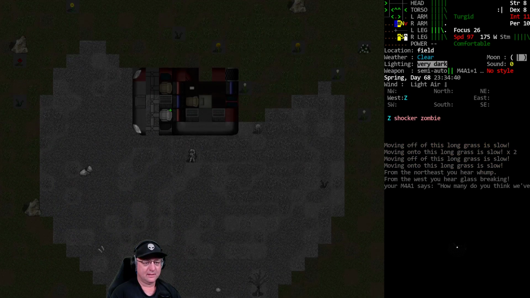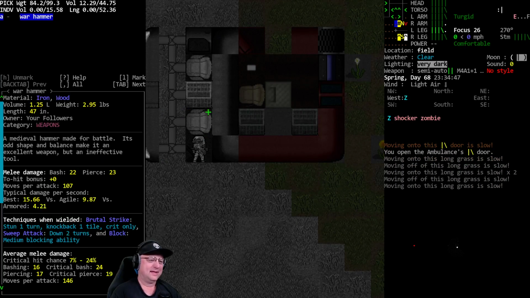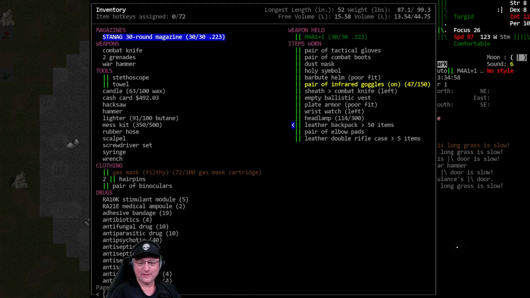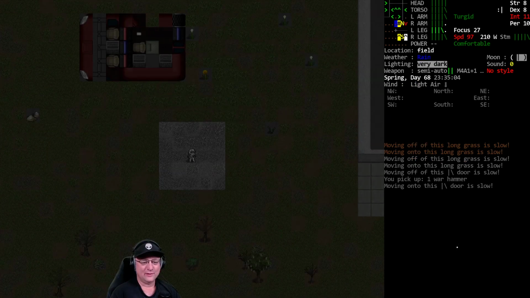Alright, are you in there? Oh, look at that! There's a plus sign on the seat. Okay. Oh, I can actually store that thing? Where did that thing just go? The rifle case? Yep. Warhammer in the rifle case. Good to know. Warhammers fit in...